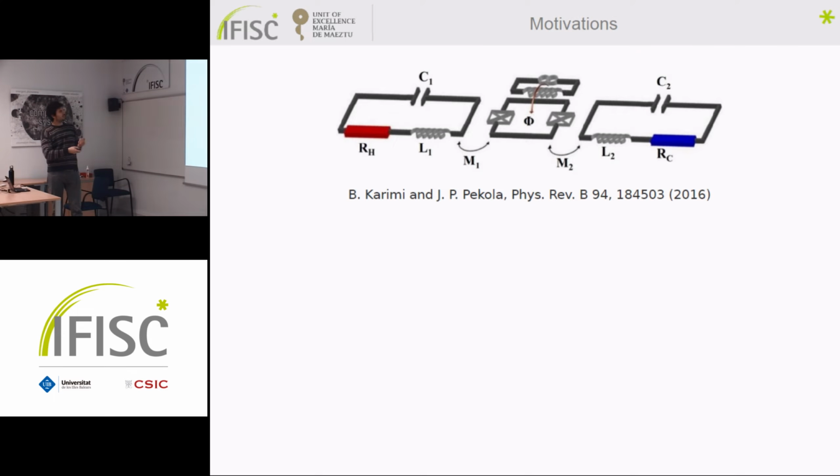For instance, here is an experiment that they do at Aalto University in Helsinki. These are two superconducting qubits connected together, and this is an experiment to study the heat transport between qubits, so quantum heat transport, thermodynamics at the very quantum level. What's the matter? Why am I talking about this? Because I need some motivation to introduce open systems.